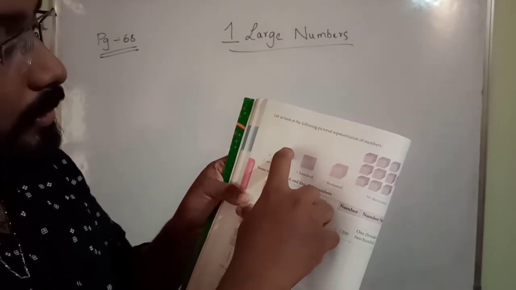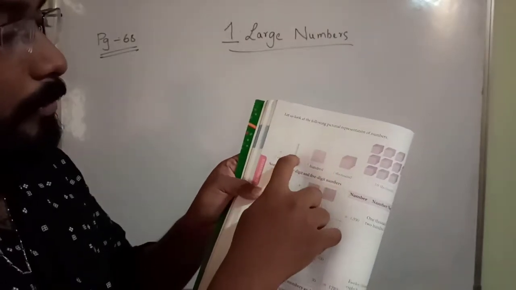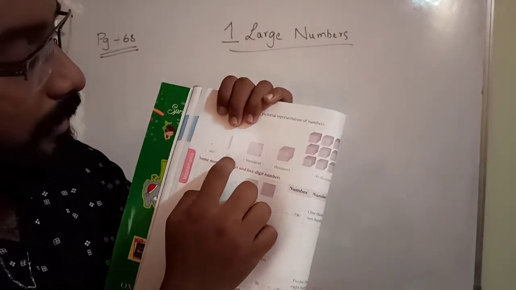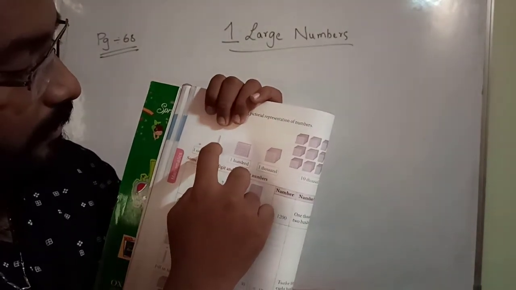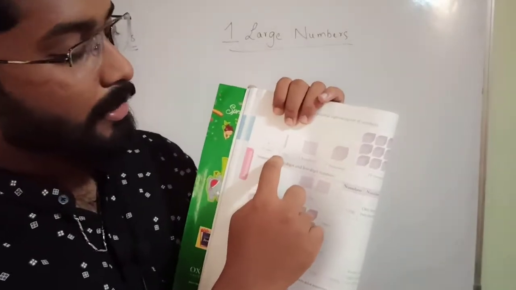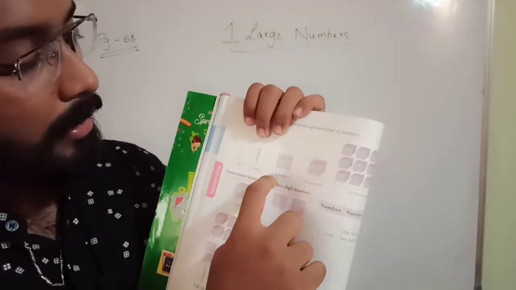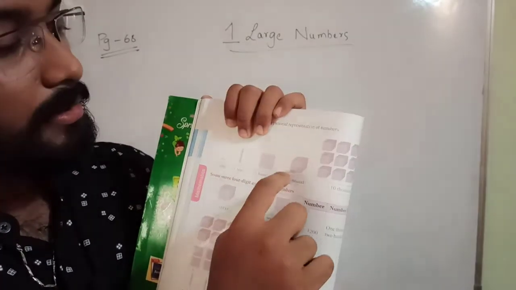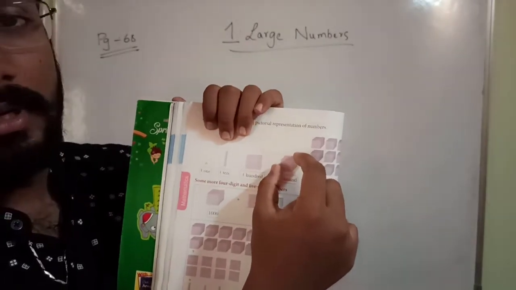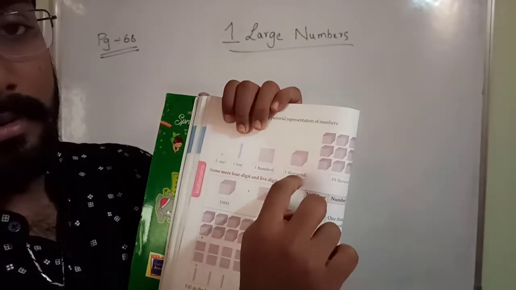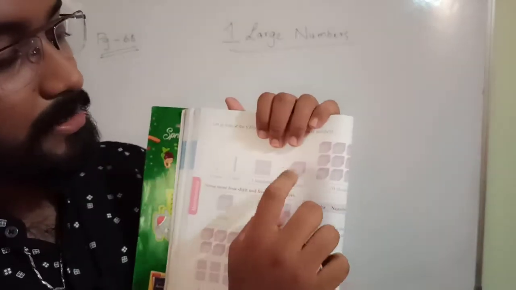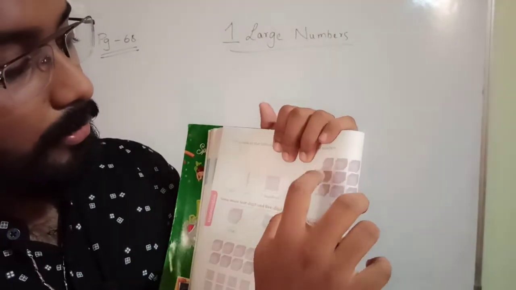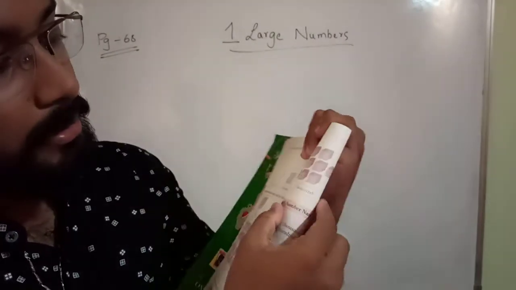And here there is a column of boxes. It is telling 1, 2, 3, 4, 5, 6, 7, 8, 9, 10. 10 boxes are there here. It is telling 10. There are 100 in this. It is telling 100. It is like a cuboid. It is telling 1000. So this is like a cube, not a cuboid. It is telling 1000.